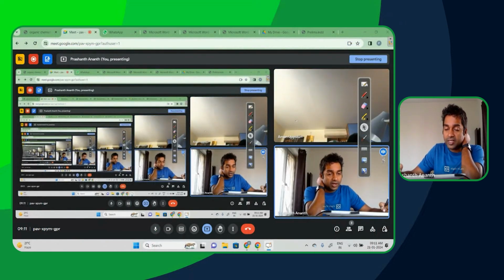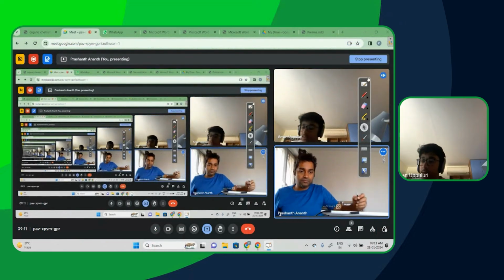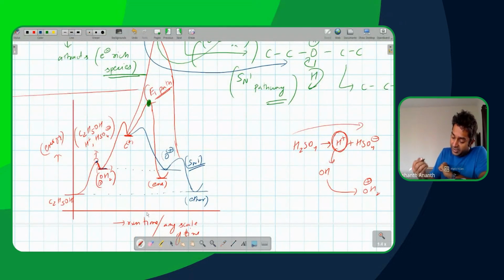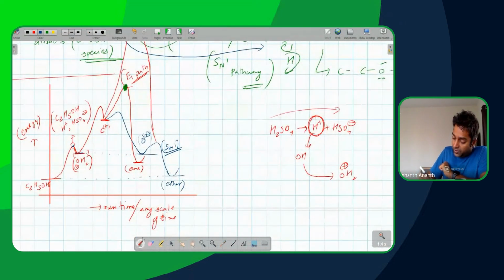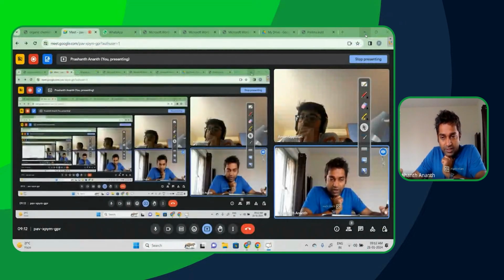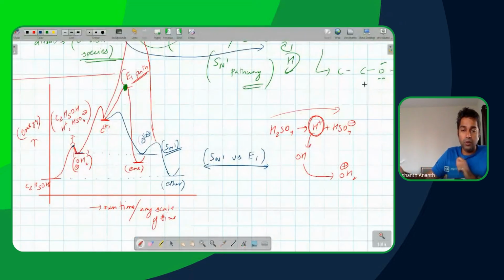So you have done Le Chatelier's principle, correct? Yes, sir. This is where there are two ways of looking at it. In this case, there are two pathways which are competing here, SN1 and E1. You need to understand which one is going to be doing what at what time, under what conditions. If you understand that part more clearly, you don't need to remember things for E1 so much.